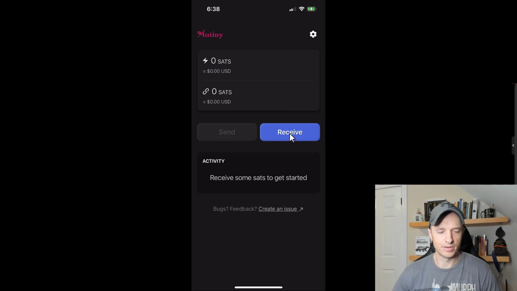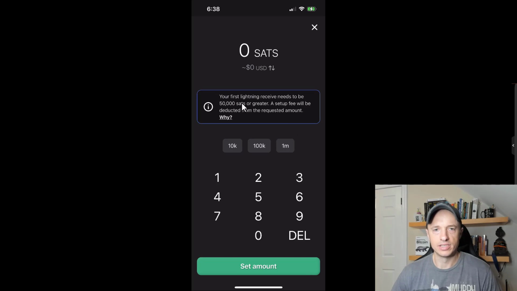So I'm going to go ahead and tap on receive right here. And so in order to receive your first Lightning transaction, it needs to be at least 50,000 sats or greater. And that's because it's going to actually open up a Bitcoin Lightning channel at that point in time. And that's an on-chain transaction. And so there's fees associated with doing an on-chain transaction. And right now they charge you 10,000 sats to open that initial channel. So if you send 50,000 sats, you'll wind up with 40,000 sats in your wallet. Now that might change over